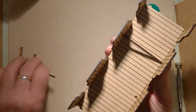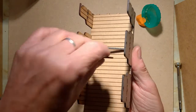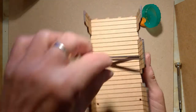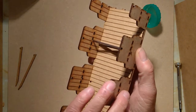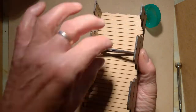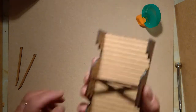And you do that on the other one. So again, the little lug goes into the little hole on the bottom there. And the other side goes into the little square hole and just pokes through on the other side. You just put your finger up on those to hold those steady. And while that's in that position,